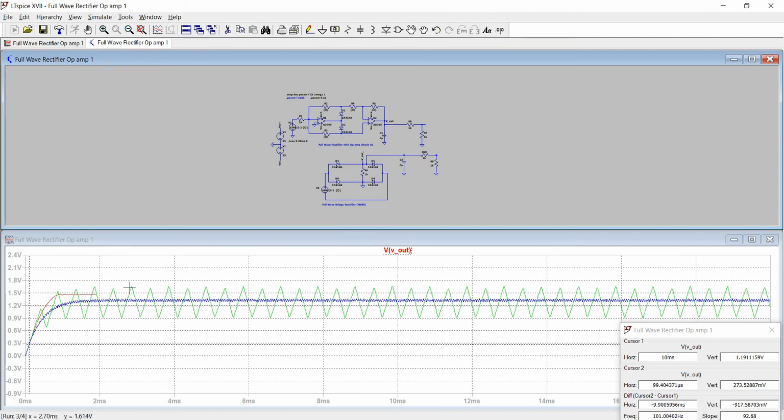The green one is about 1 kilohertz, the blue one is 10 kilohertz, the red one is 100 kilohertz, and it is quite visible that it is approximately